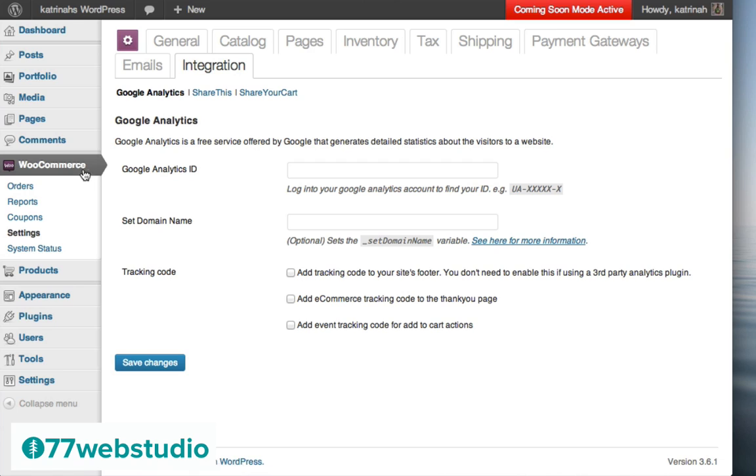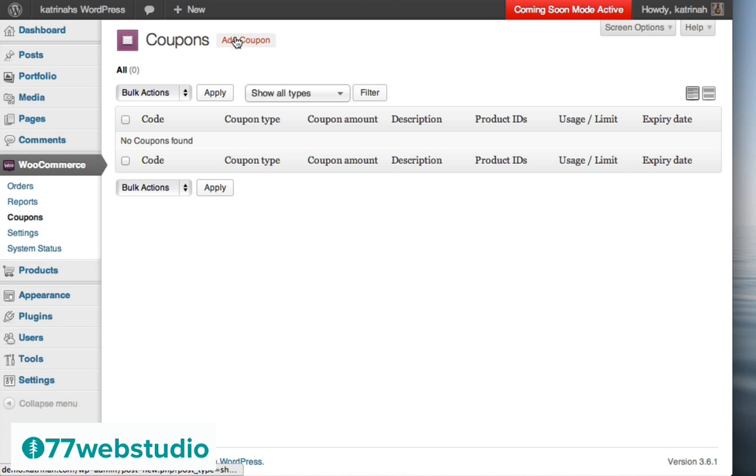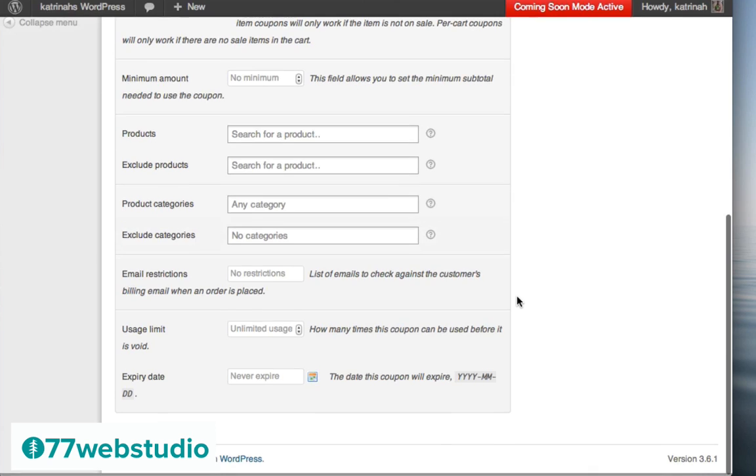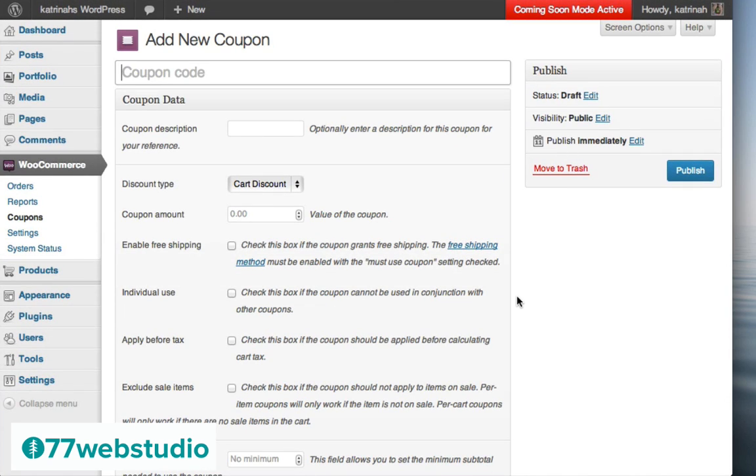The other thing I want to point out about WooCommerce is that you can set up some coupons on your WooCommerce e-commerce website. Here on the left-hand side, when I look at WooCommerce, there's a coupons link, so I'm going to click on Coupons. To add a new coupon, you can click on this link here that says Add Coupon. There are lots of different settings that you can set up for your coupon. You can read through all of them, whether you want to have a coupon on one product or on a certain dollar amount or currency amount that a customer is using. You can read about all these different settings right here for coupons.